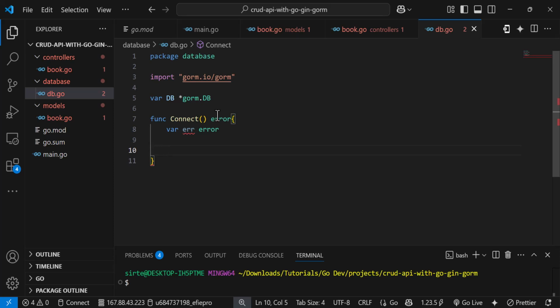We are going to use the db variable over here to connect to our database. So we declare it as a global variable outside the function so that we can actually use it everywhere in our code. Good. So now the db,